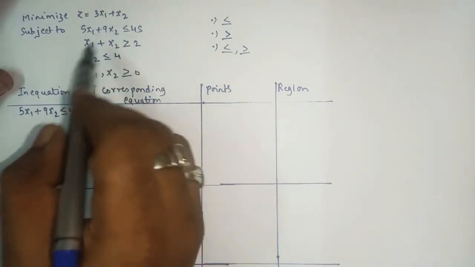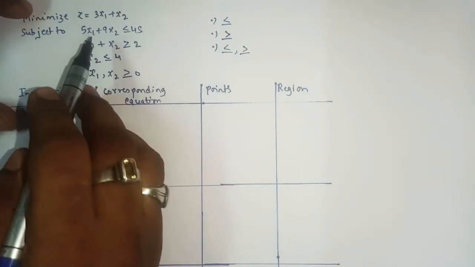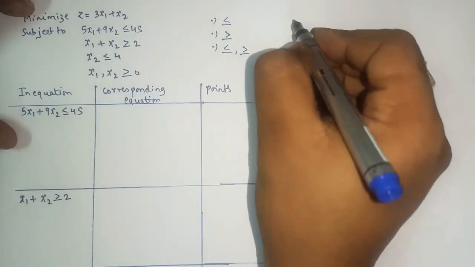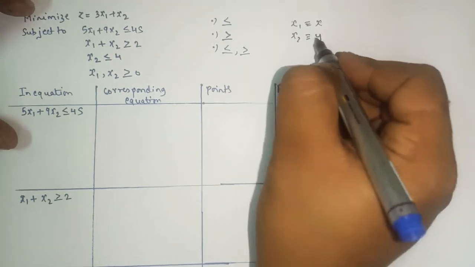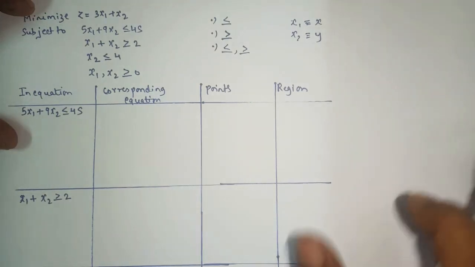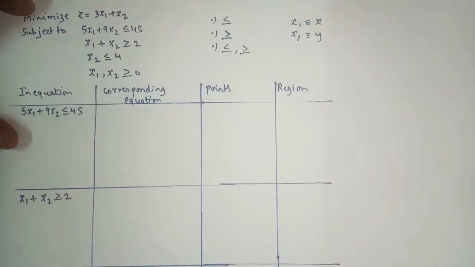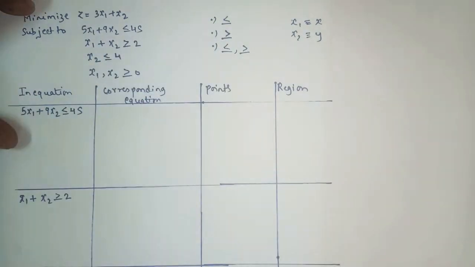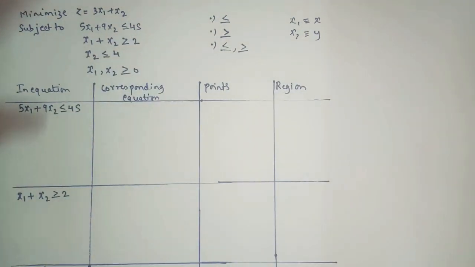Here clearly we can see that the pattern is a little different. In place of x and y, here it is x1 and x2. Now what is x1 and x2? x1 is the x coordinate, and x2 is the y coordinate. So don't confuse yourself, just remember the first one is x and the second one is y. There are three sums in the exercise where you will see that x and y are replaced by x1 and x2. So remember x1 is the x coordinate and x2 is y.